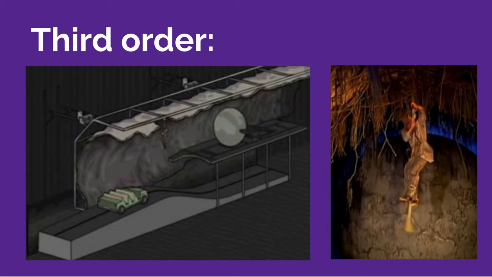I'm going to give three different examples of third order. If you have not been to the Disneyland parks or ridden Indiana Jones, I am sorry, this might not make much sense to you. But in the ending scene, there is a boulder that rolls forward towards you, and there's Indiana Jones on a rope. What it feels like is you're moving backwards to avoid the boulder, and then at the last second, you go under the boulder itself.